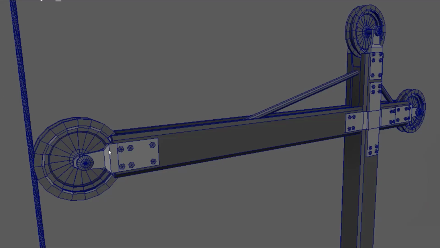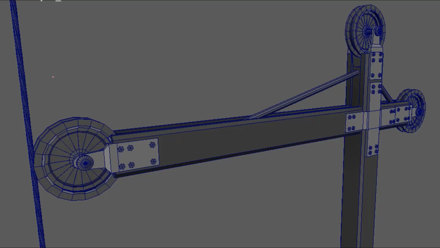This is a simple rig. This is the crane. We have three wheels, one, two, three wheels. I already prepared this rope. The rope will be applied like this.